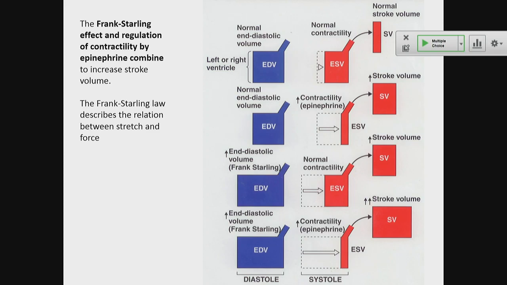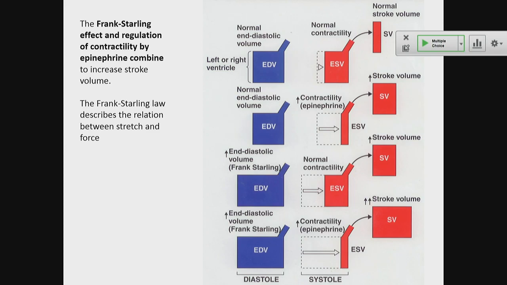You have probably all learned that the sympathetic nervous system, epinephrine and norepinephrine, increase heart rate, okay? Of course, it increases heart rate, but along with an increase in heart rate, you also get an increase in the strength of contraction. So epinephrine and norepinephrine also increase the strength of contraction. If there's more strength of contraction, more blood gets ejected, okay? And you can see that these two processes can combine, and they can result in even more increase of stroke volume, okay?